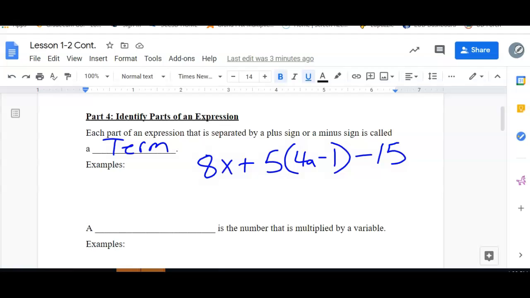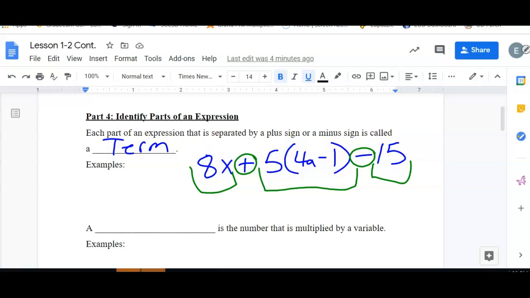How many terms here, Josh? 3. Good. We're going to circle our plus and minus signs that are outside parentheses. There's 2 of them. This does not count because it's inside the parentheses. So the first term is 8x. The second term is 5 parentheses 4a minus 1 in parentheses. And the last one is